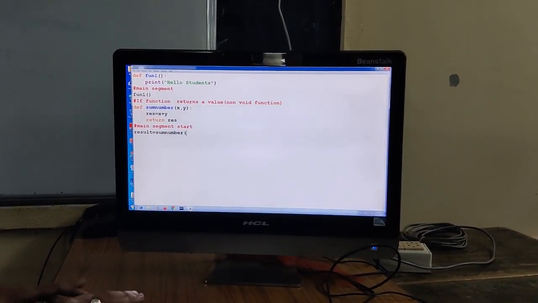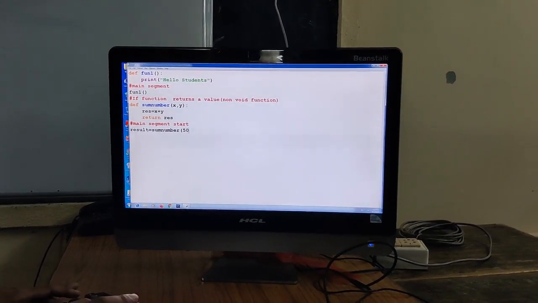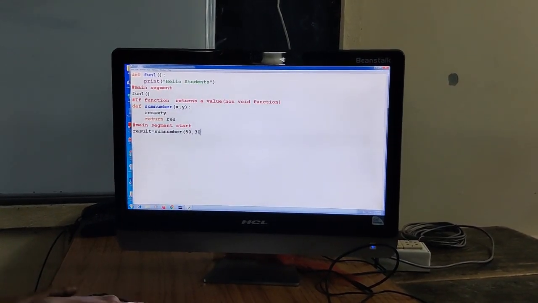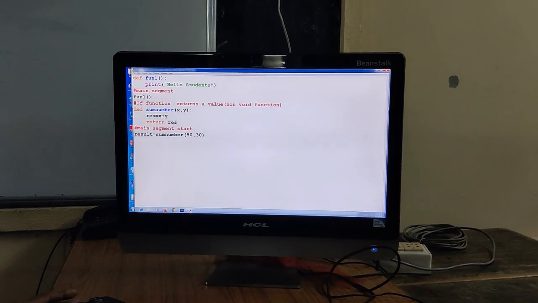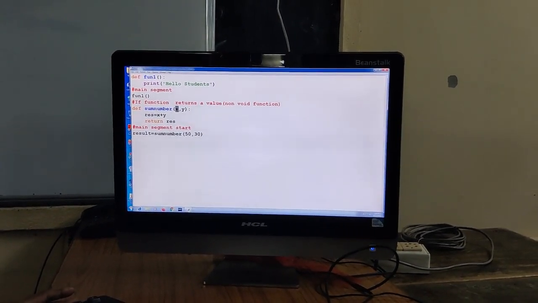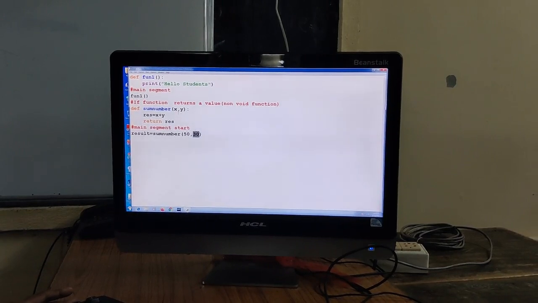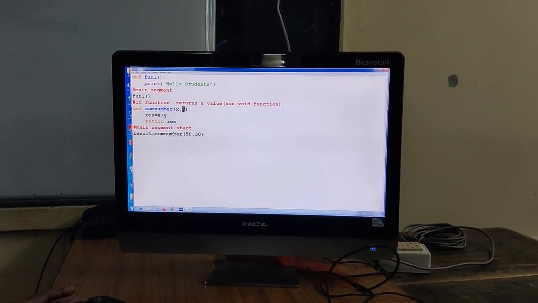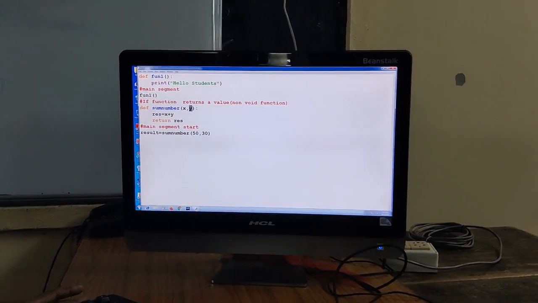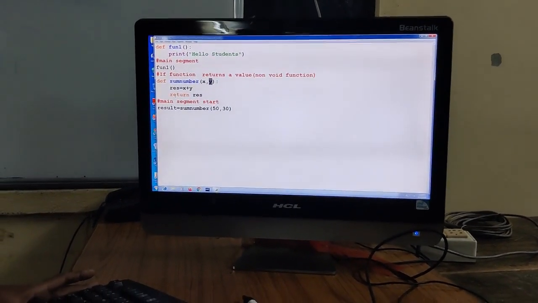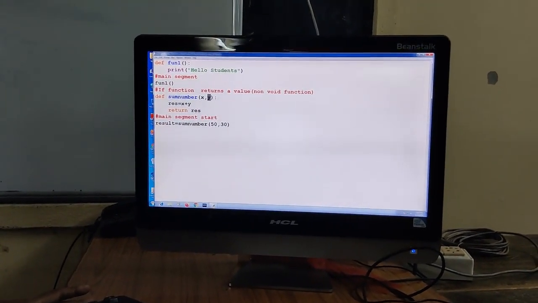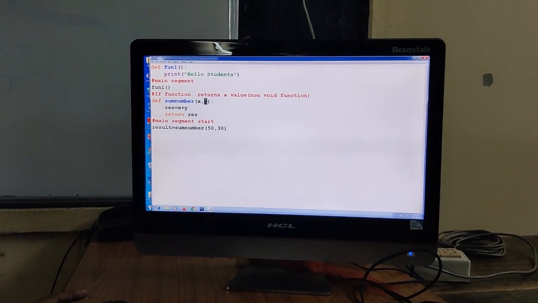So here suppose 50 and 30. Two values I have defined here. So 50 is assigned to the variable x, and 30 is assigned to the variable y. Then your res variable contains 50 plus 30, that means 80. Now it returns 80, so your function returns 80 to the result variable.